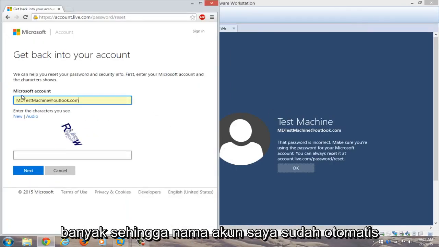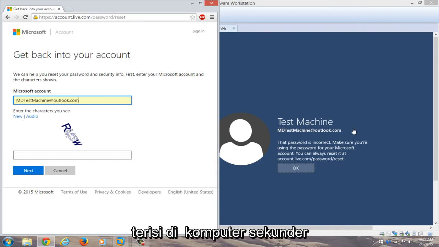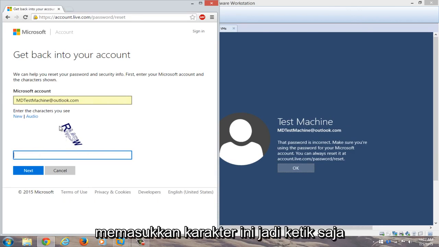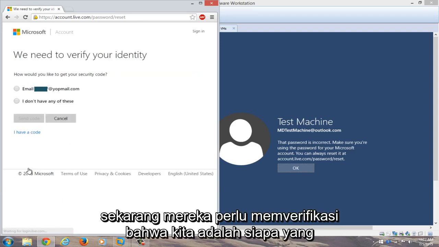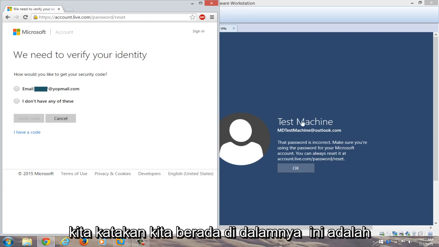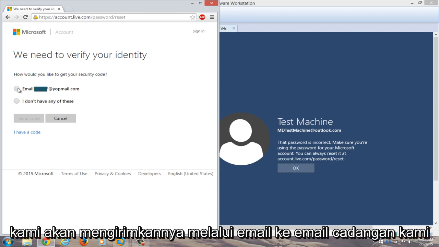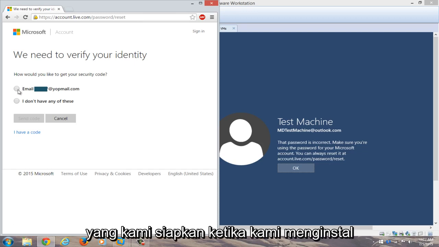So my account name is already auto-filled on the secondary computer, but just make sure both accounts have the same account name that you're typing in here. Now you're going to have to enter these characters, so just type that in. Now they need to verify that we are who we say we are and that this is our computer. So we have a security code, and we're going to email it to our backup email that we set up